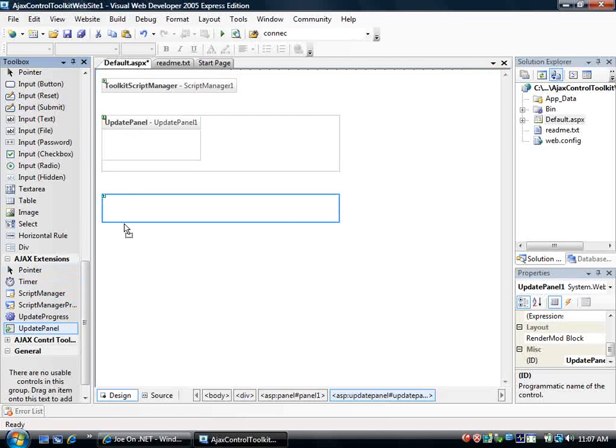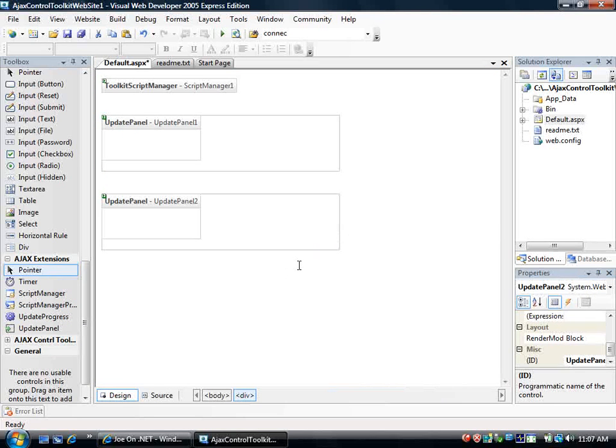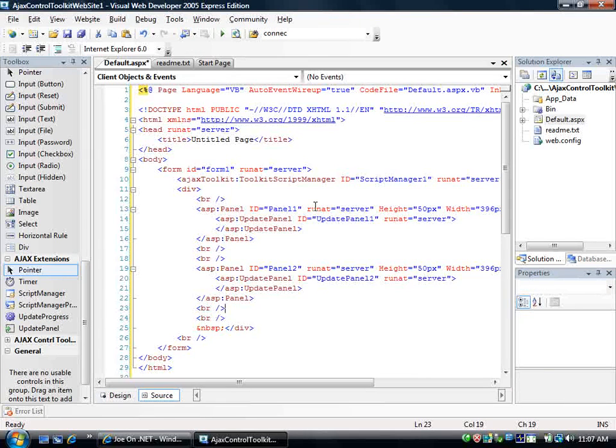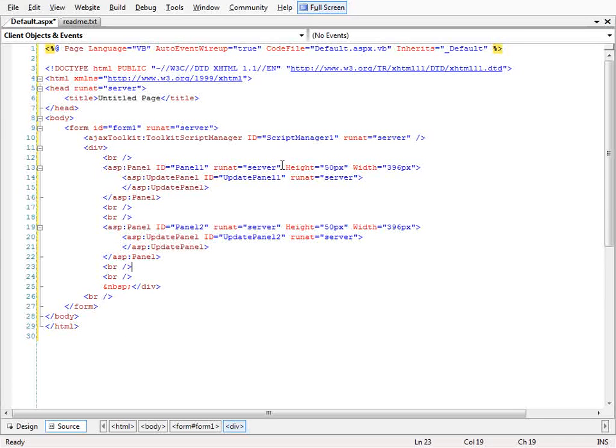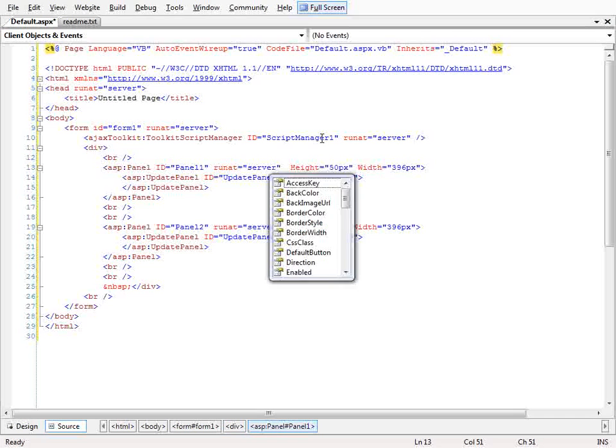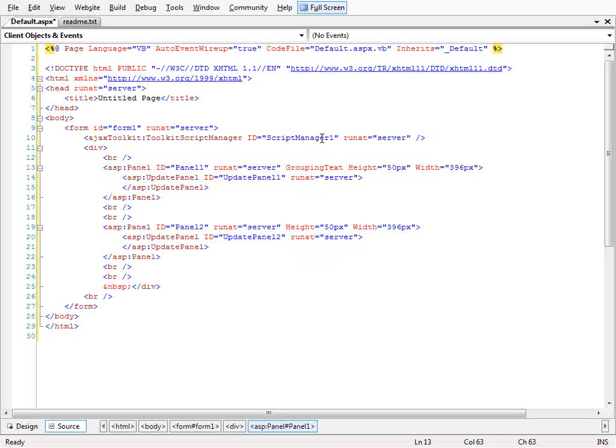Now, I'm using this hierarchy just for demonstration purposes. Certainly, you don't need to put your update panels inside panel controls. I'm just going to do them so that I can go over here into my source code. And at the ASP.NET panel level, I can add some grouping text. And what this will give me is a border and a description so that we can visually distinguish which areas of content are being updated when. Right? So